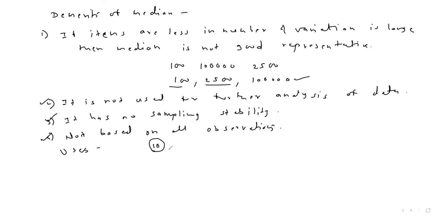In the next lecture, we will see the examples based on this median. So in today's lecture, we have seen what is median, then the formula for median, that is the formula for individual data set, discrete data set and continuous data set, merits and demerits of median, and some uses of median. From demerits, you have seen that since it does not follow many of the requisites to be a good measure, it is not the best measure for measuring central tendency.